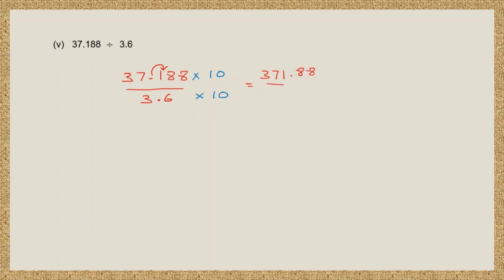371.88 divided by 36. So let's do that division. 371.88 divided by 36. 0. Now I have 37. 36 ones are 36, minus, 7 minus 6 is 1. 0 here, I bring down 1. 11 is smaller than 36, so I put a 0. Then I carry this point up. I bring down 8. So my number is